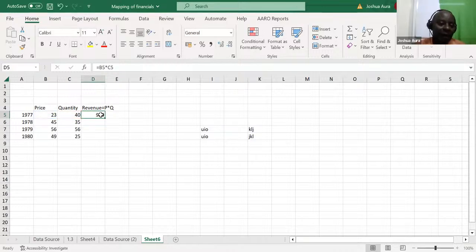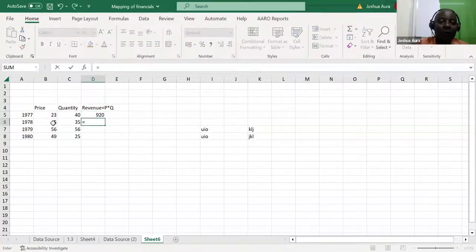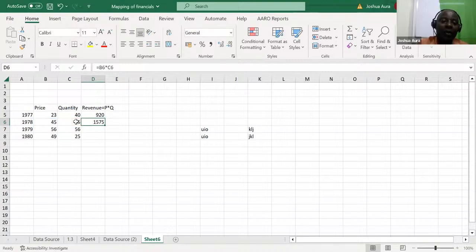What different thing am I able to see here? When I say control enter, I'm still getting that 920, but interestingly, I'm now getting 920 in this case here as the one that is highlighted, like that. And then now, ladies and gentlemen, I don't have to come and do the same for 1978, where I take 45 there, I say times 35 there, and then I say control enter, and I'm getting 1575,